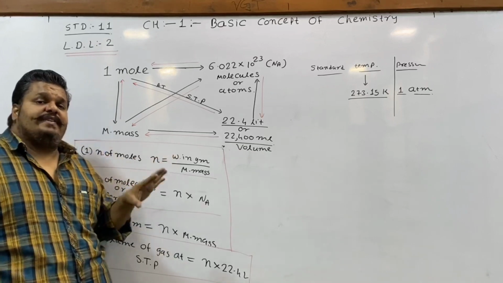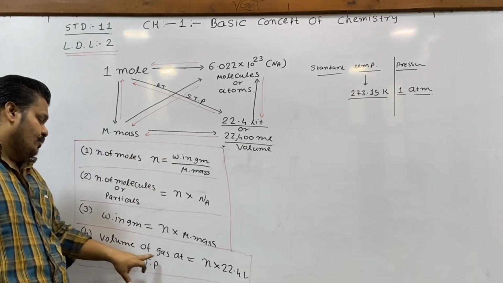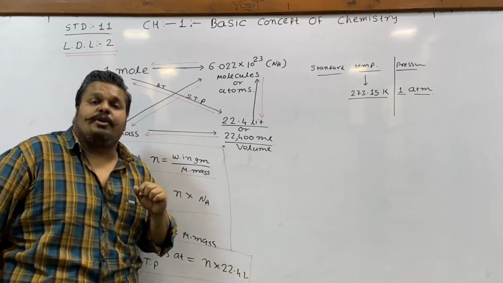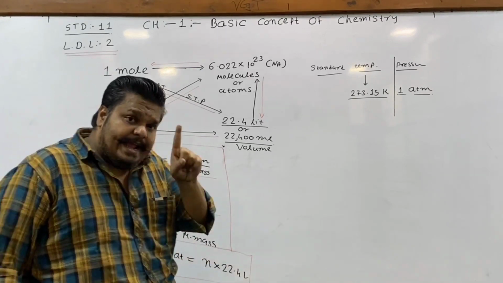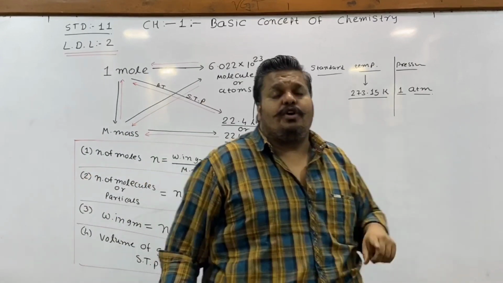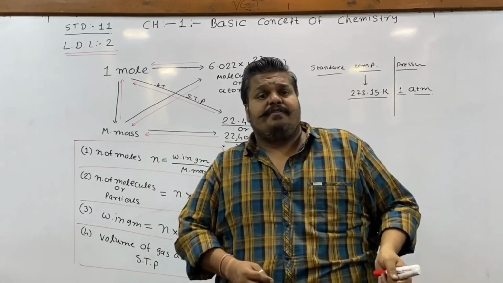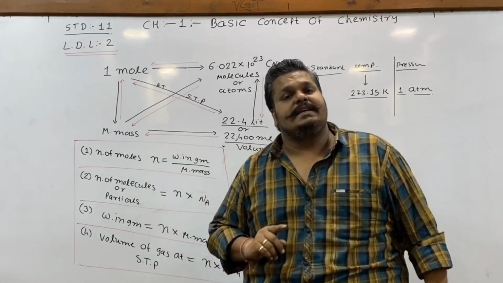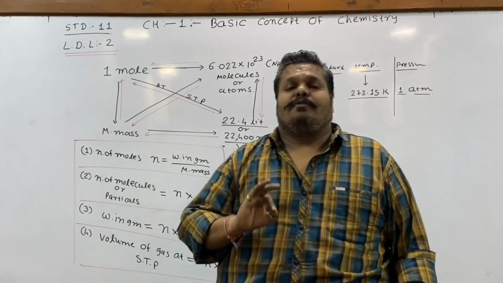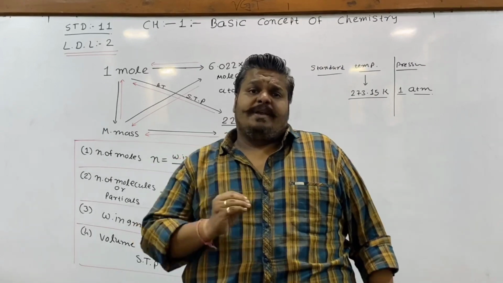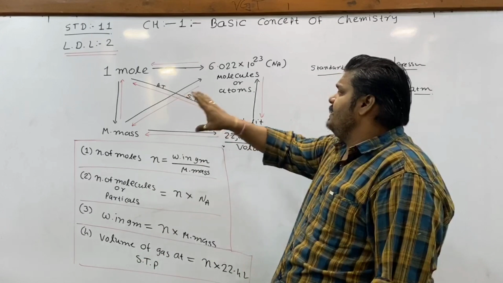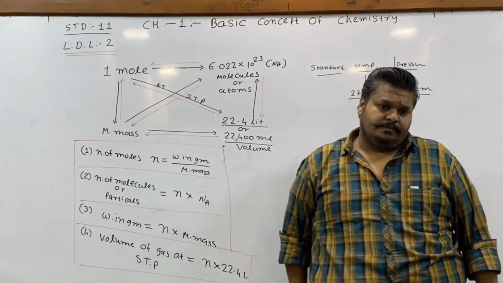And the last relation that we have added today, the volume of a gas at STP, it is equal to number of moles into 22.4 liter. What it means? अगर 1 mole substance है तो उसका volume 22.4 liter होगा. If you have 2 moles of a substance, so 2 into 22.4 means it is 44.8 liter of a substance. कॉपी कर ले ये जो रिलेशन हमने यहां पर एस्टैब्लिश की है वो, और ये क्वाड्रिलेटरल रूल.